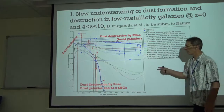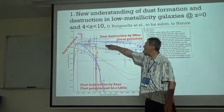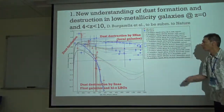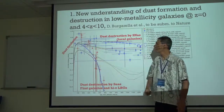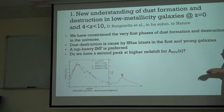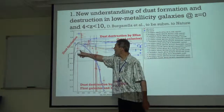And we estimate, when you have here the age of the stellar population, that the LBGs at high redshift and the dwarf galaxies don't have the same destruction rate. So this is quite new, and we are working on the models now, but the heavy ones are currently out. So we are constructing constraints for the first time on the very first phase of dust formation and destruction. It seems that it's mainly due to the supernova blast. A top-heavy IMF is preferred. That's this is Chabrier. This is